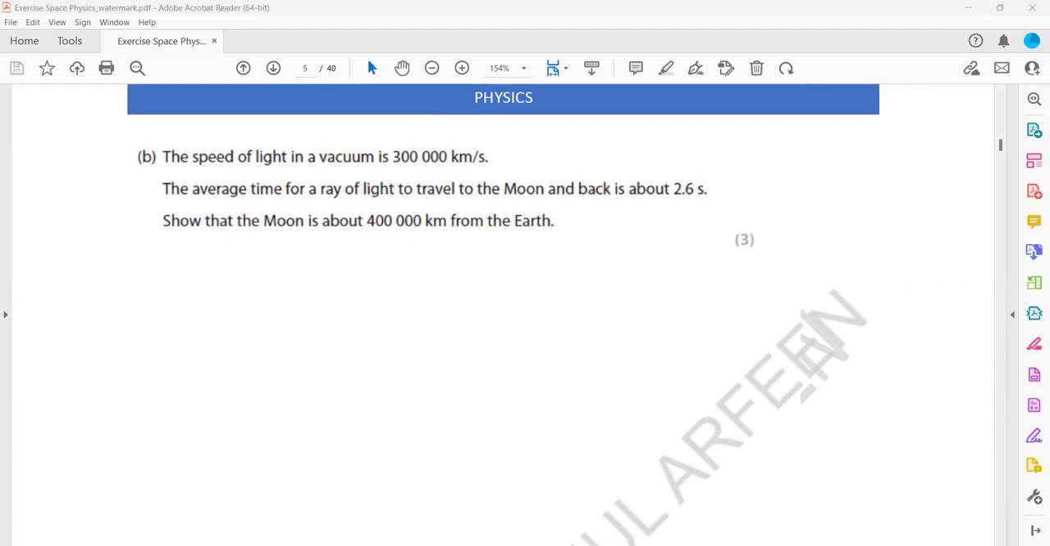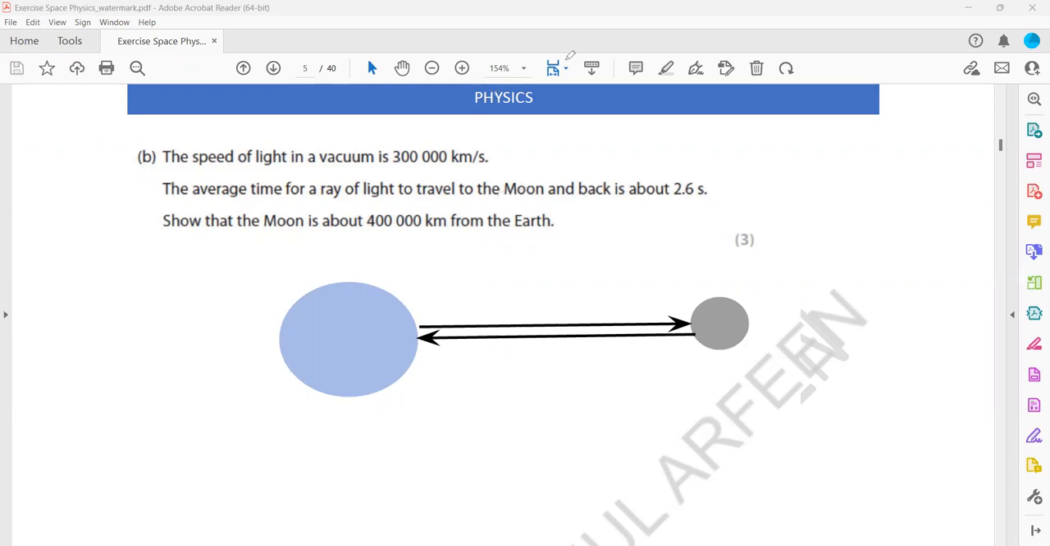So in this case, what happened? For example, say this is the Earth and this one is the moon. We send the light from the Earth, the light reflects from the reflector and bounces back. If I say the distance between the Earth and the moon is d,